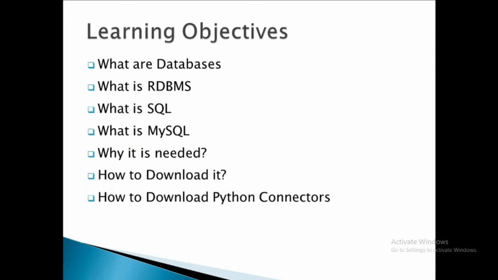Now, Python installation is something we have already done in the past videos, so we will utilize that installation of Jupyter Notebook and the same knowledge of using Jupyter Notebook, how to run different functions in Jupyter Notebook, and utilize that knowledge in connecting with MySQL. Okay, so to connect MySQL and Python we need some connectors, right? And in this discussion we are going to learn how to download and install these connectors. All right, so that is going to be the learning objective for this discussion.